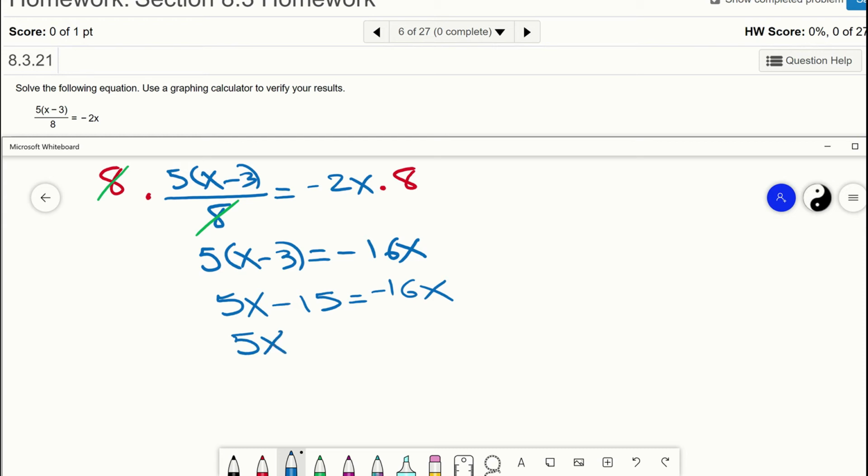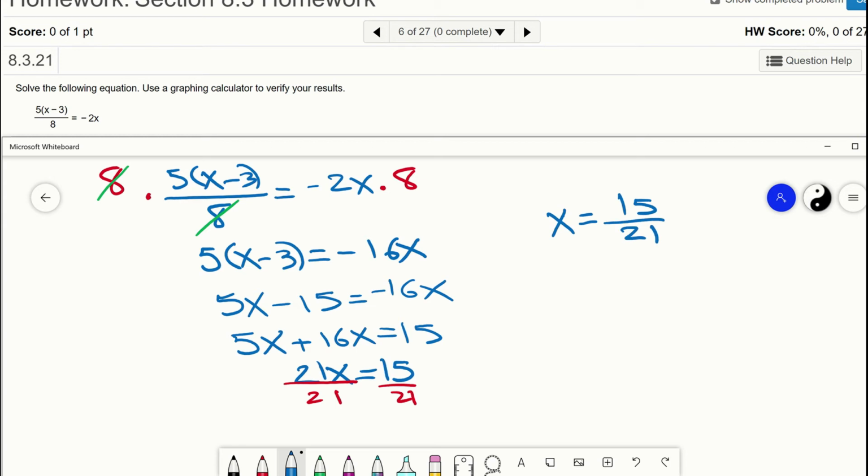We'll go ahead and keep the 5x here, bring the negative 16x over, it becomes plus 16x. Move the negative 15 to the other side, and it becomes positive 15 on that side. So we get 21x equals 15, right? So now all we have to do is divide both sides by 21. So we end up with x equals